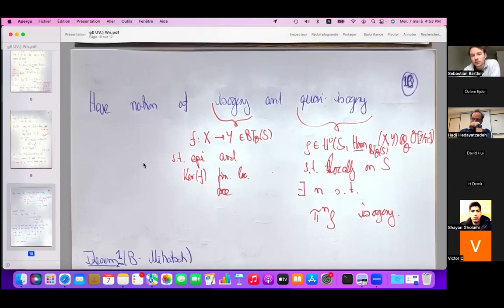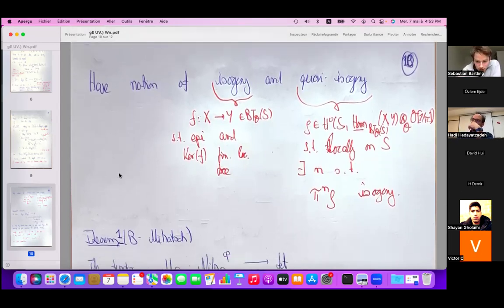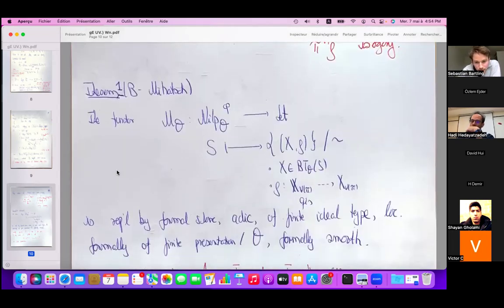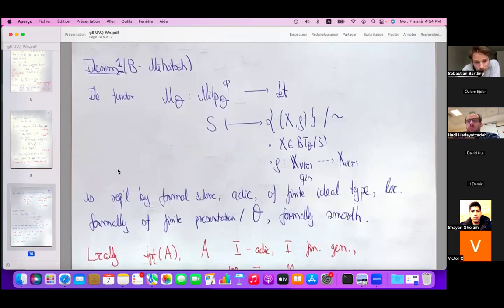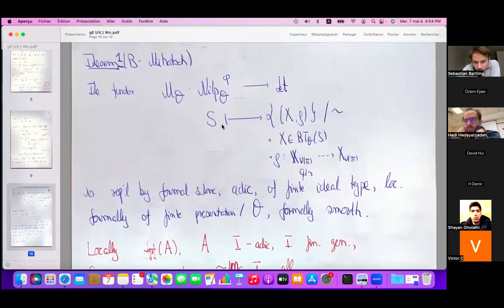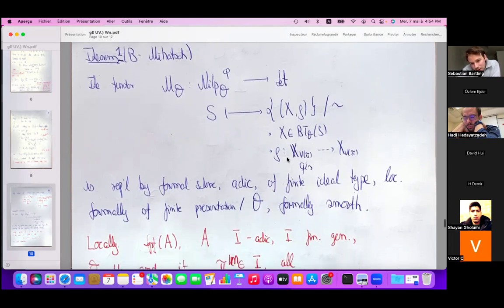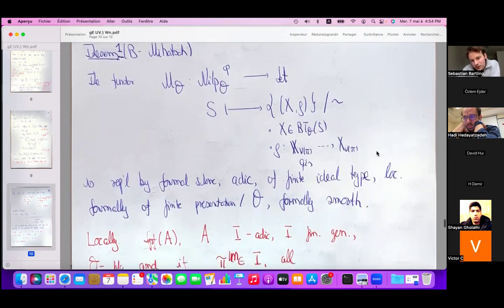And then we also prove something like the unique lifting lemma in this situation. Okay, and now I can state our first result. So we show that this functor, which takes S and sends it to equivalence classes of X in BTO over S and rho a quasi-isogeny defined on the mod pi reduction,